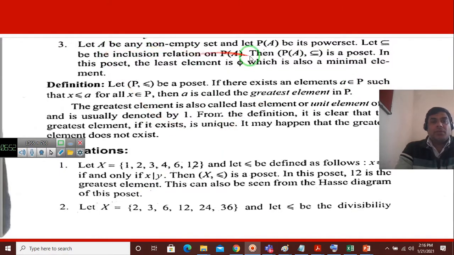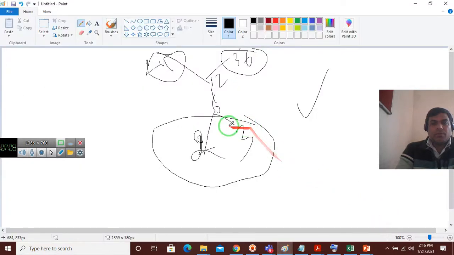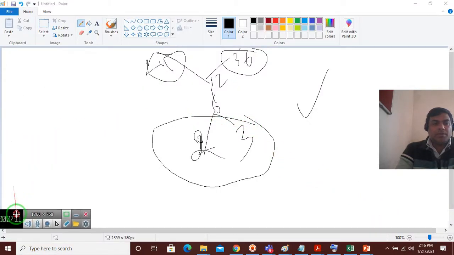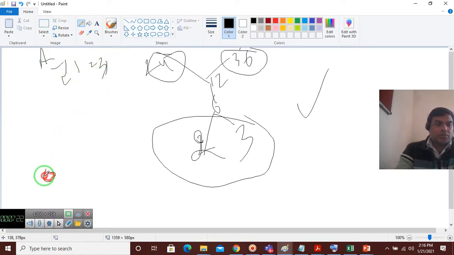Let A be a non-empty set, and its power set will be denoted by P(A). Let the subset relation, the inclusion relation, be on the power set of A. This is a partially ordered set. In this set phi is the least element. If we have a set A with elements 1, 2 and 3, you should prepare phi,